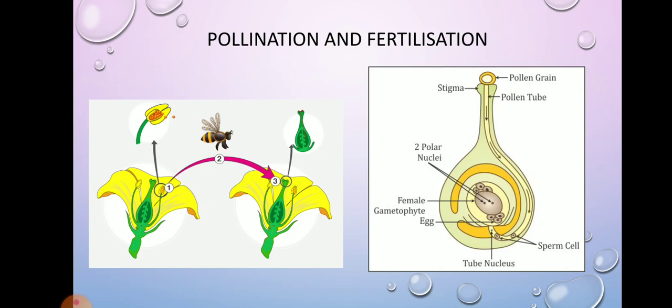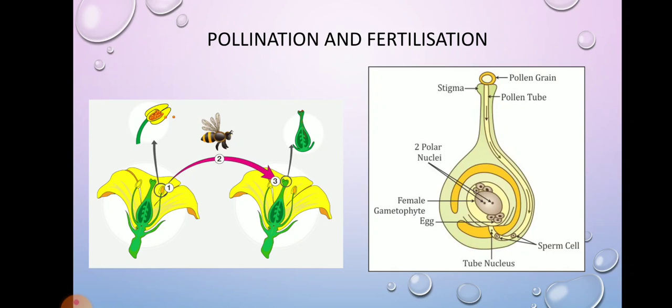So, in the first diagram which you can see, there are two flowers of the same kind, and you can see in the first part of the plant, as we have seen, anther and filament. The first flower shows you the anther and filament of a plant, that is the stamen, which is the male reproductive part of a plant. An insect sits on the anther, and whatever pollen grains are present inside it stick to the legs of the insect, which is carried to the next flower of the same plant or of a different plant, and which sticks on the upper part of the female part of the flower, that is known as stigma.